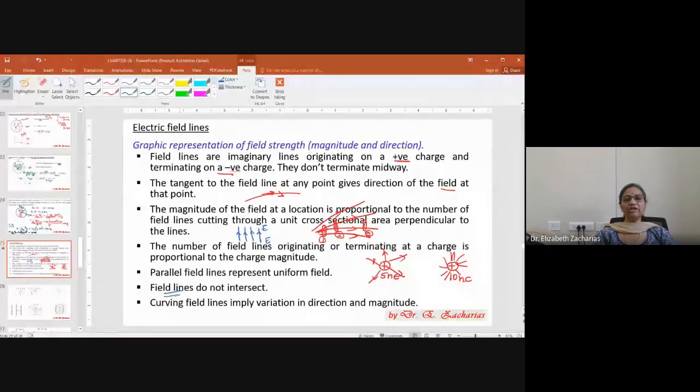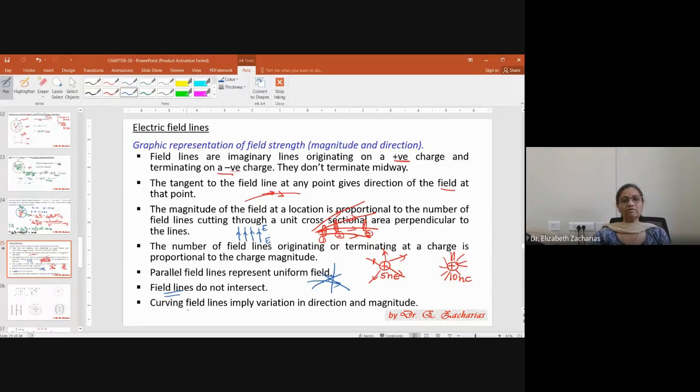Next, very important thing. Field lines will not intersect. If I draw field lines like this and then draw field lines like this, it is wrong. Field lines will not intersect. They don't intersect because at every point of a field line, if I draw a tangent, that tangent gives the direction of the field. So look at this. If there is an intersection, if two lines are crossing, what is the tangent? You can't draw a single tangent there. Does it mean that there is field with two directions? No. So field lines cannot cross each other's path. They can come close to each other, but they don't cut each other.